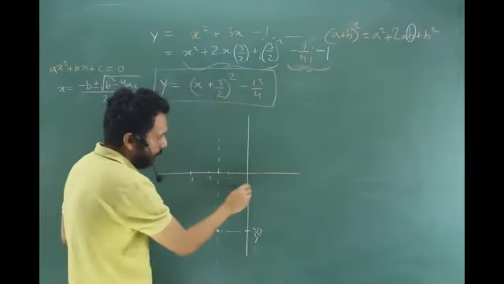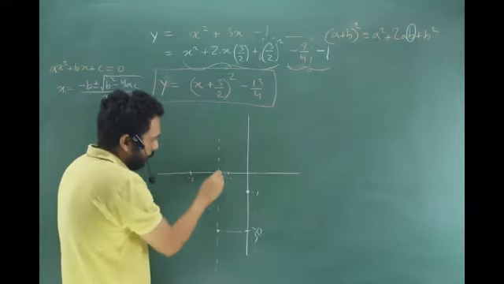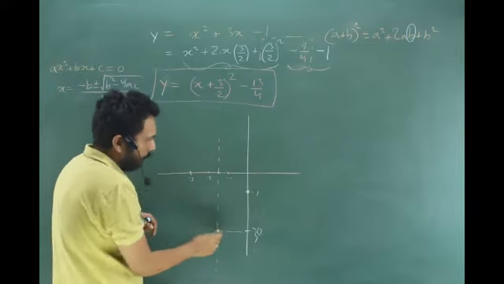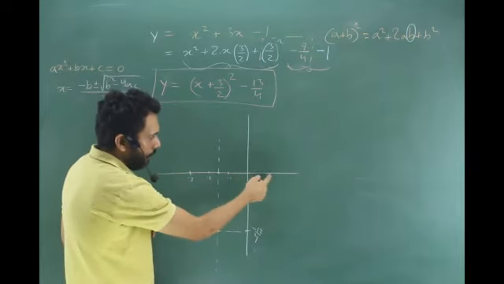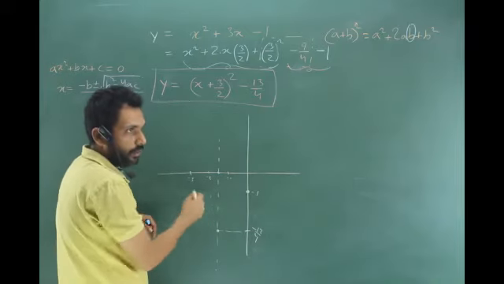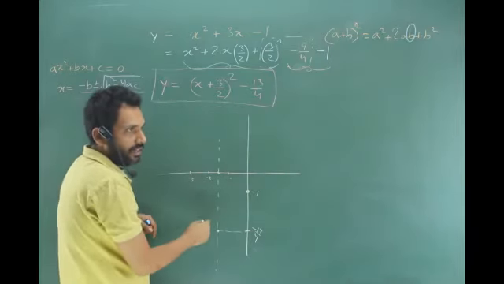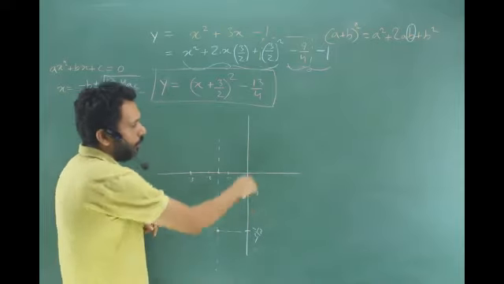So I know it is cutting over here, right? I know this major point, the deepest point, is over here. That means it is going to cut the y-axis somewhere in the front, right? So I can have a decent drawing going on. Is that clear? Now, will it go beyond 1?